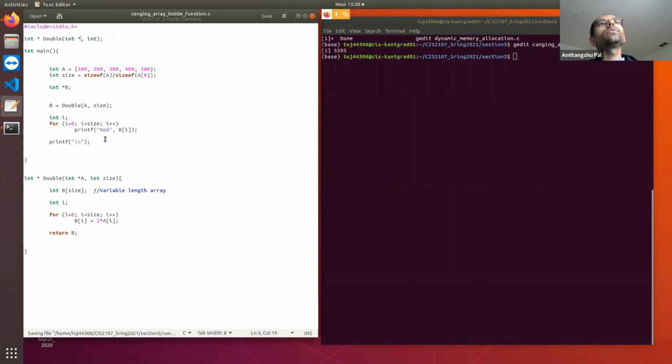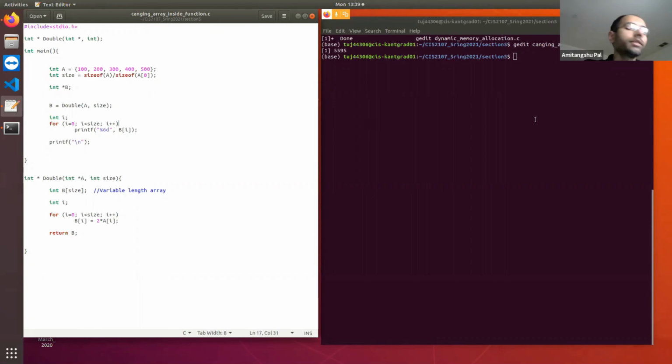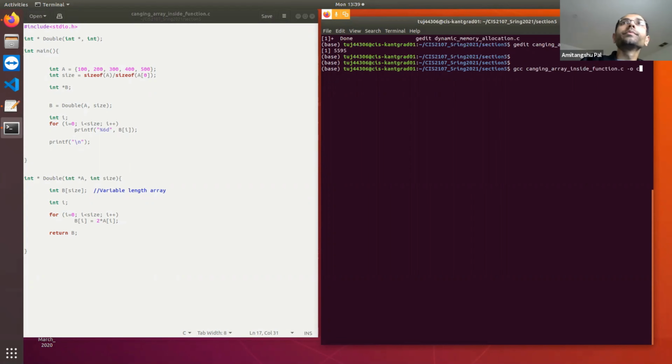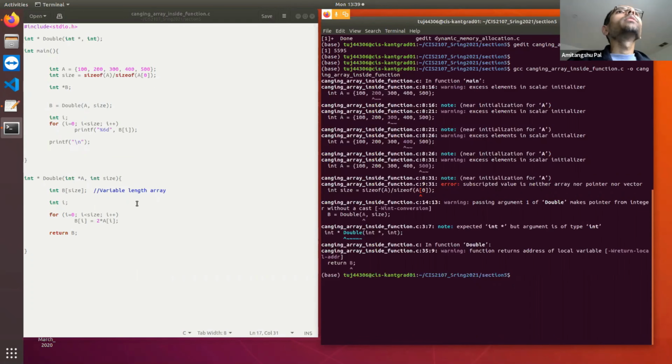So if I run this program, what do you think? If I print this, will you get the double values, or the same values, or something else? Let's see. GCC, I have made a spelling mistake, but that's fine. So there is some problem.